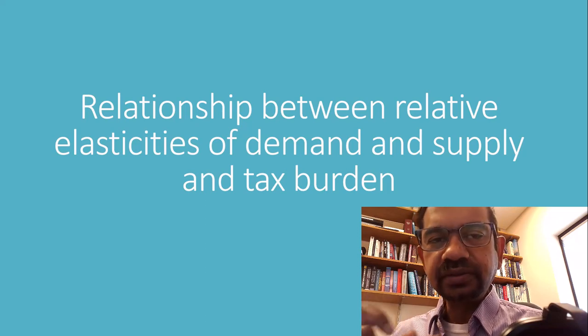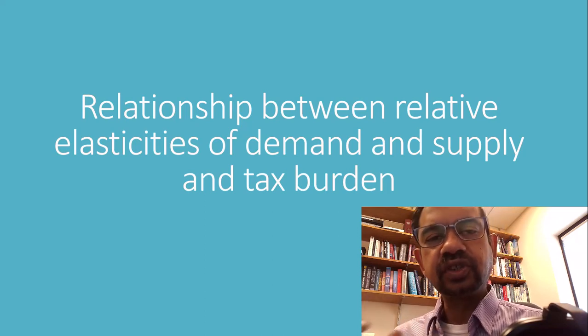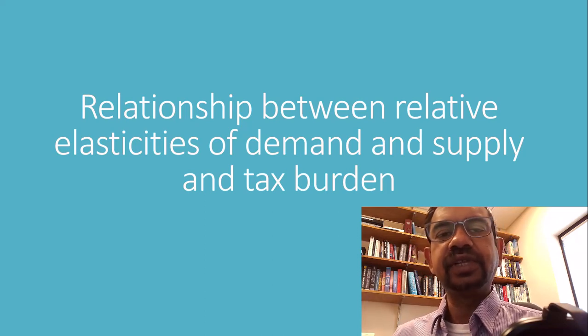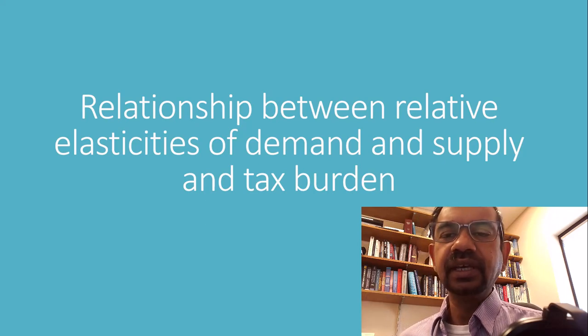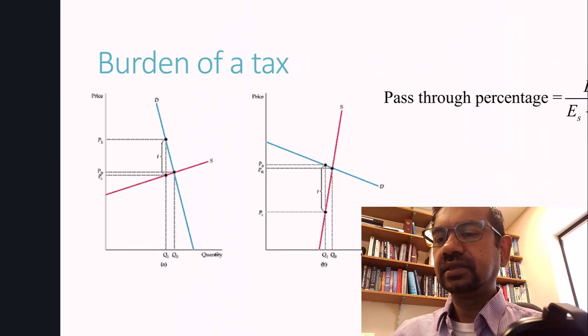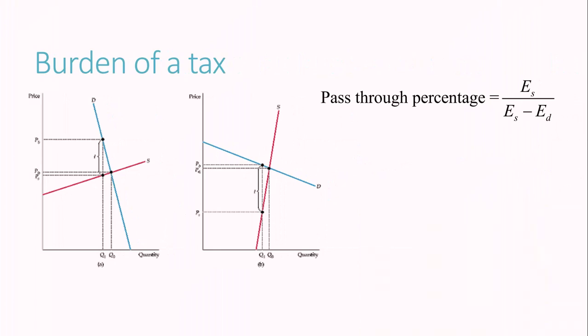And this shared burden, or the relative shares of the burden of the tax, really depends on the relative elasticities of demand and supply. Let's illustrate that with this example. So here we have two panels. Panel A is where we have the demand curve being fairly inelastic. It's a very steep demand curve, and the supply curve is fairly elastic. So what that means is that the buyers are much less able to respond to a change in price than the sellers are. So if we impose a tax of T, or T is our extent of tax,